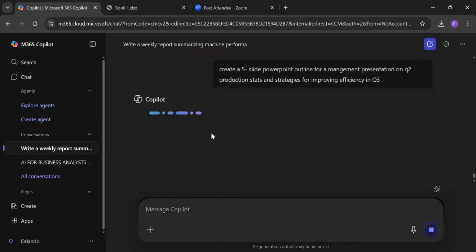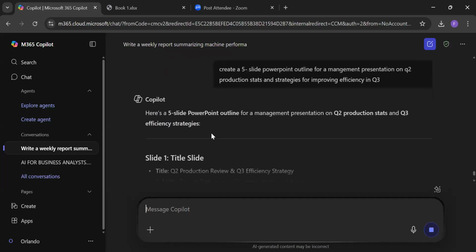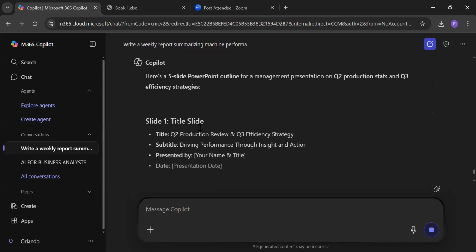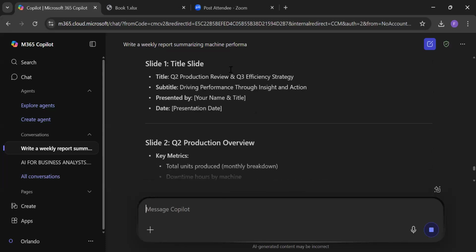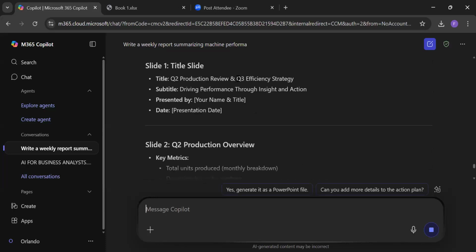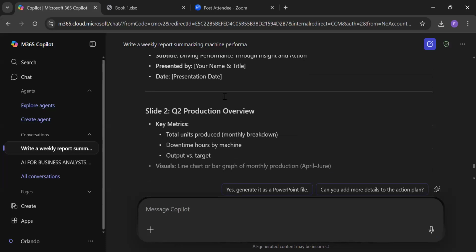It needs to create a slide for you, so it asks what the title of the slide is, which you can put there at the end of the day. The first slide talks about driving performance through insights and actions.